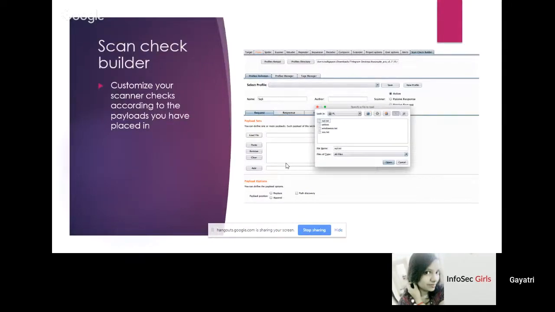And the next one is Scan Check Builder. This is for when you want to use your customized payloads. I have my payloads for SQL, XSS, and command injection related to Linux and Windows. I collected these from FuzzDB and PayloadsAllTheThings and put them into one place. So you can give a profile name, such as SQLI, and if you select the SQLI text, then whenever your scanner checks,